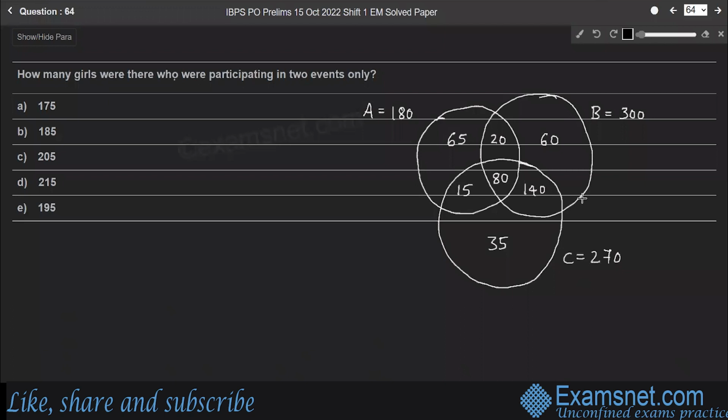Question 64. How many girls were there who were participating in 2 events only? Here, this intersection part, so 20, 15 and 140. Here 20 girls participated in both A and B, that is 2 events. 15 girls participated in both A and C, whereas 140 girls participated in both B and C. Therefore, total number of girls who participated in 2 events